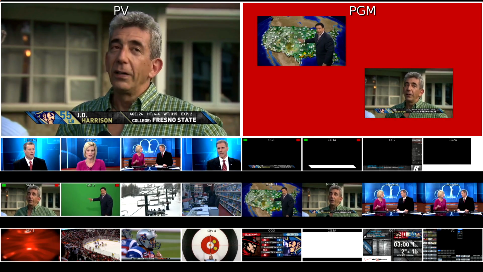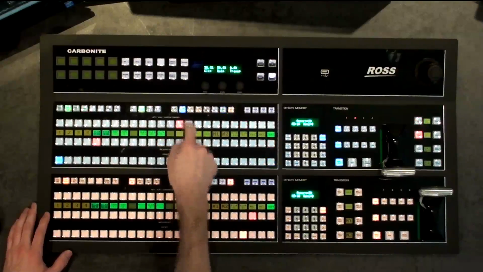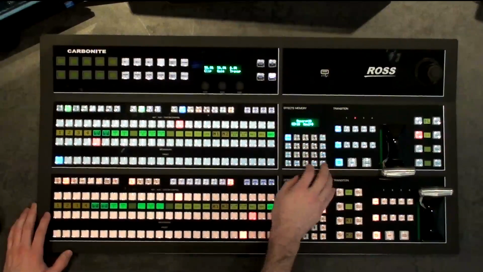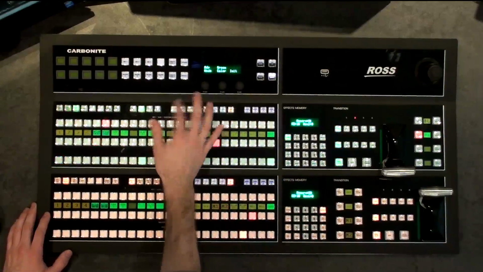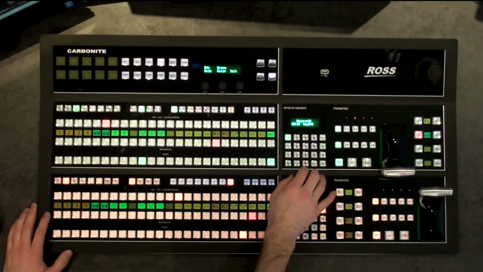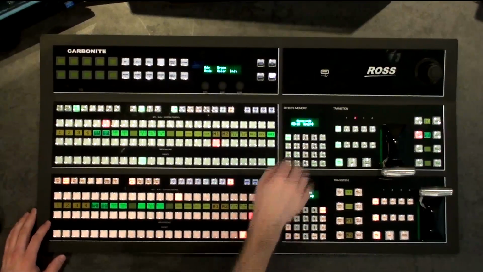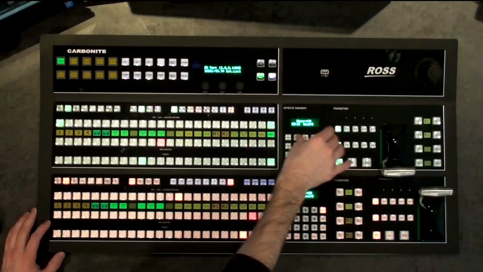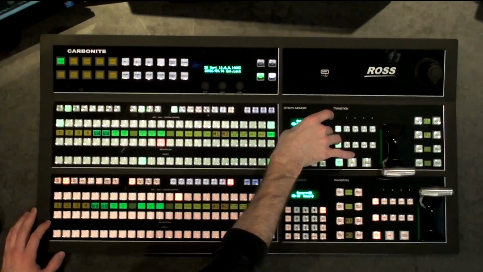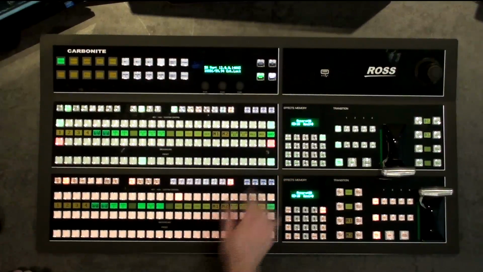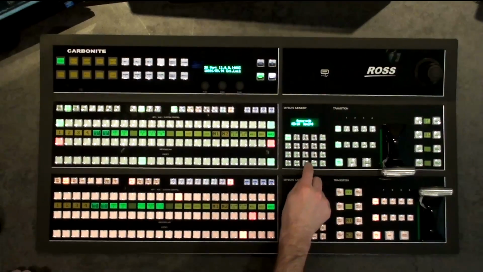So also when we look at our panel, you can see that mini MEs also have a memory system. So if I wanted this stored, I can simply store it to the mini ME just like I would any effect. So I go to mini ME1 and I'm going to store that to 1 as well. So now if we clear out our mini MEs and just set mini ME1 black, let's just store that as memory 0 for now.